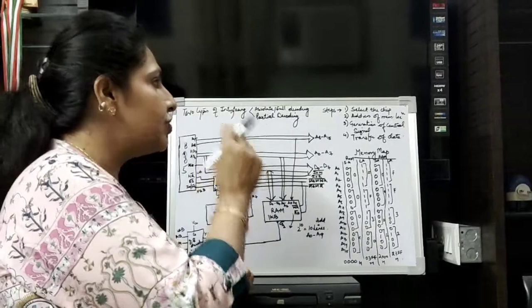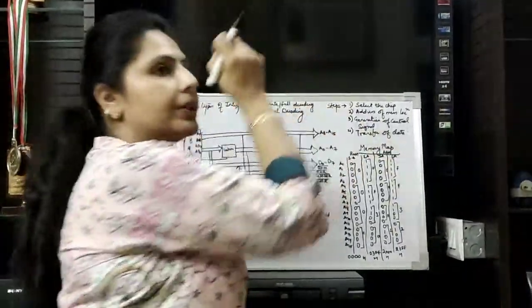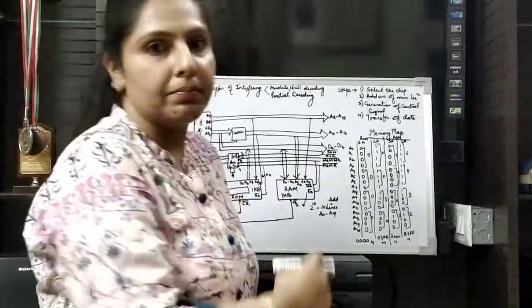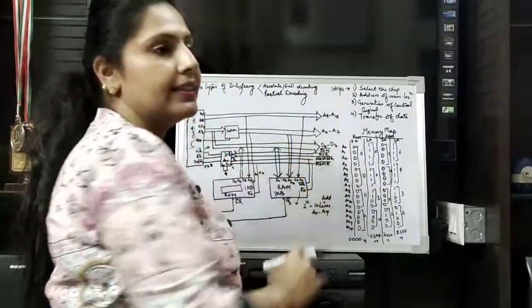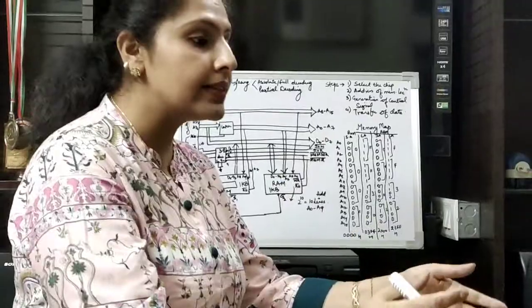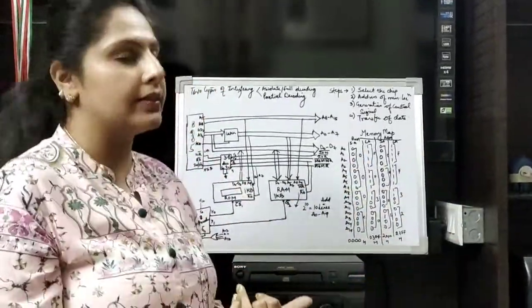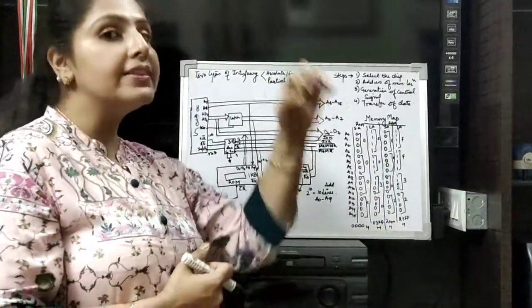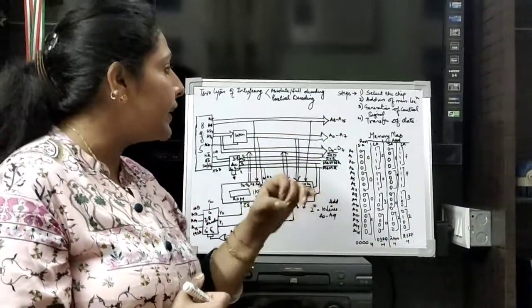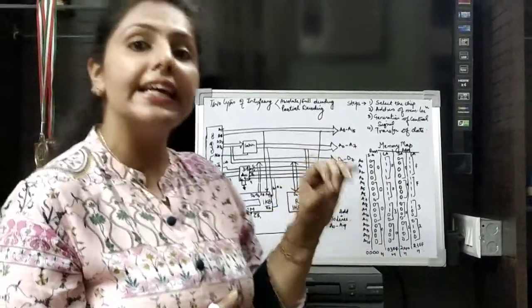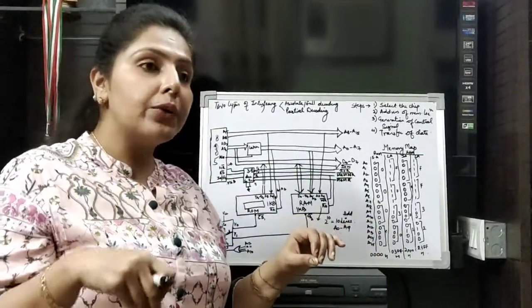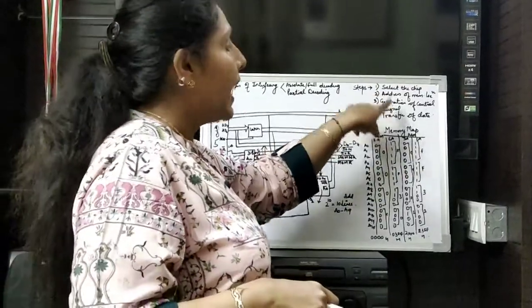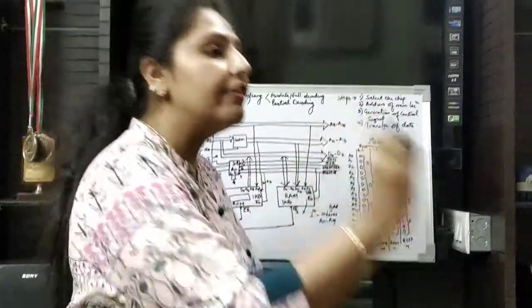Now next step is address of the memory location. After selecting the chip, we will point out the address of the memory location, that is the house number. Next is whether we have to deliver the parcel or we have to get the parcel. So it is generation of control signal. So from where we get this control signal? From 8085. So for the courier boy, it is from the vendor itself. So he will ask him if he has to give the parcel.